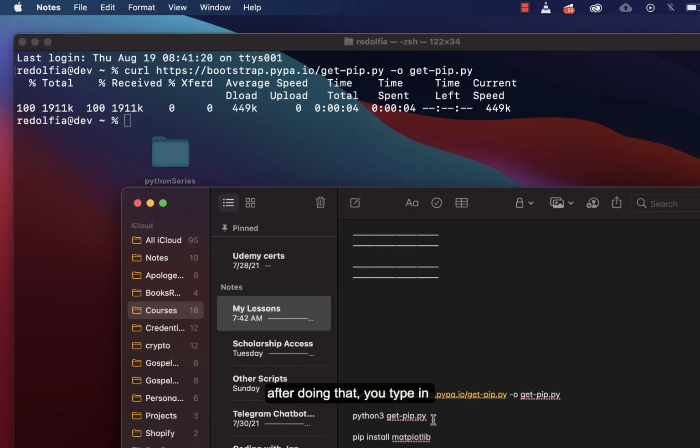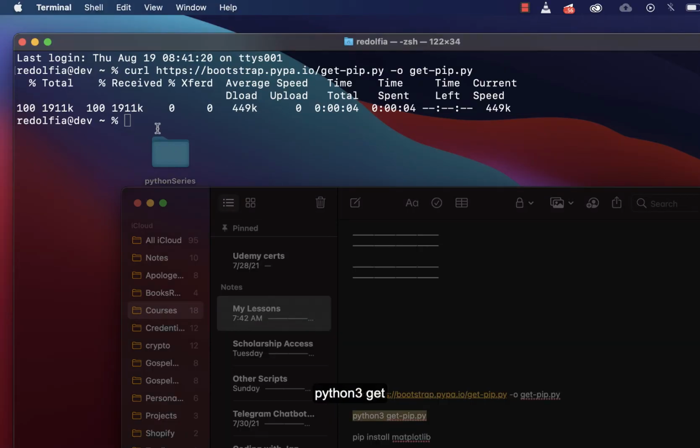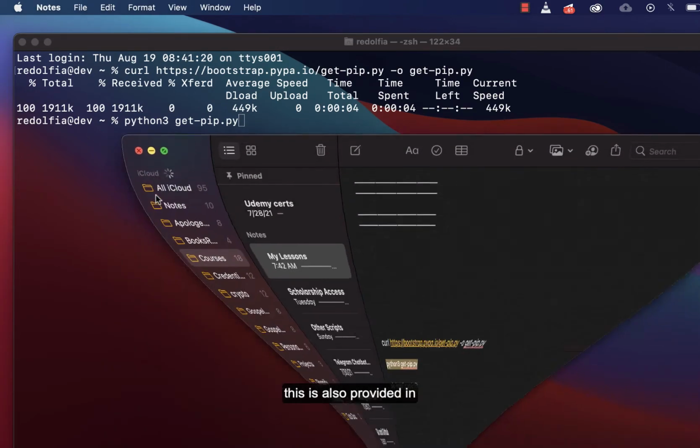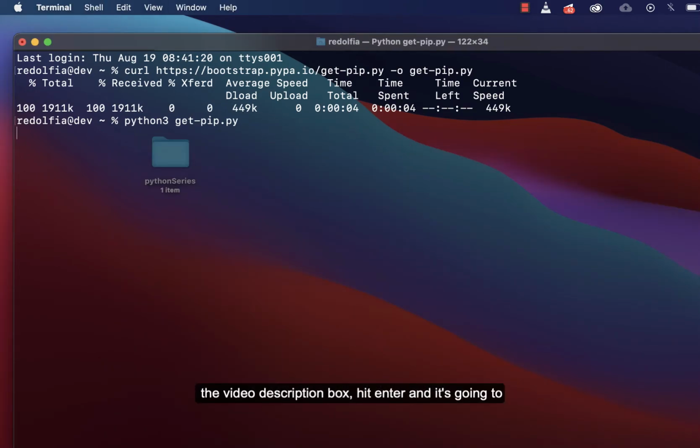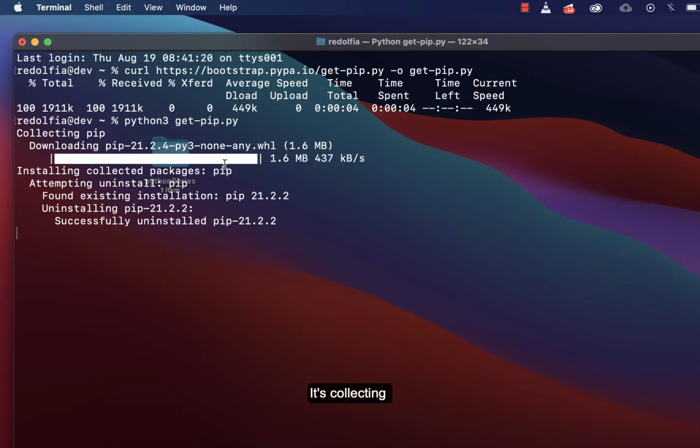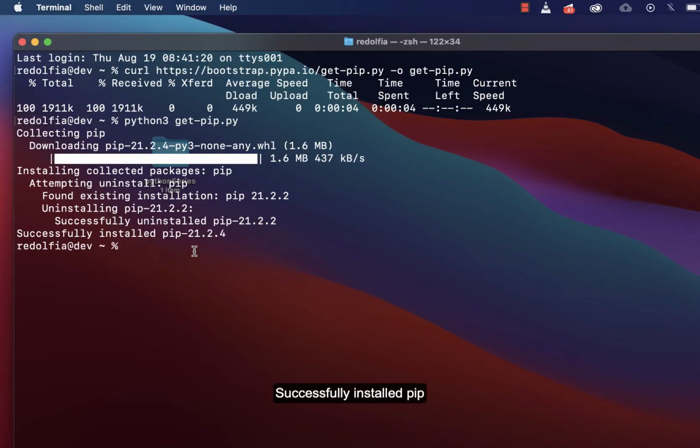Now after doing that, you type in python3 space get-pip.py. Okay, so this is also provided in the video description box. Hit that and it's going to install Python pip for you. So it's collecting pip. Successfully installed pip